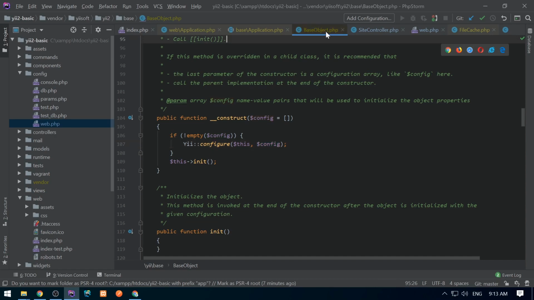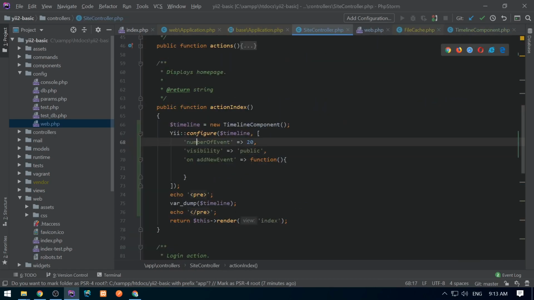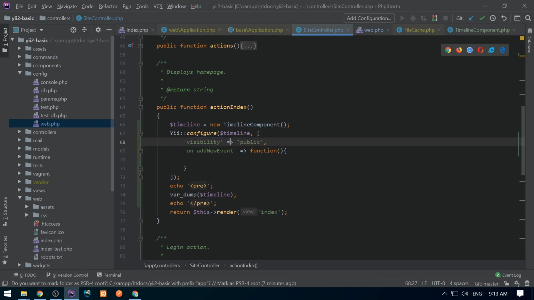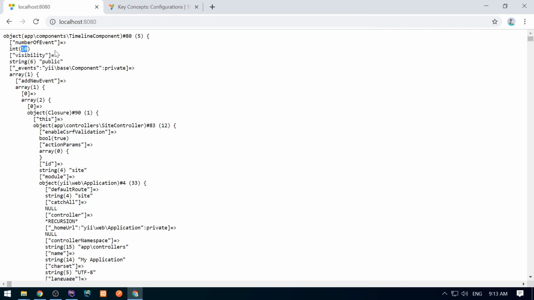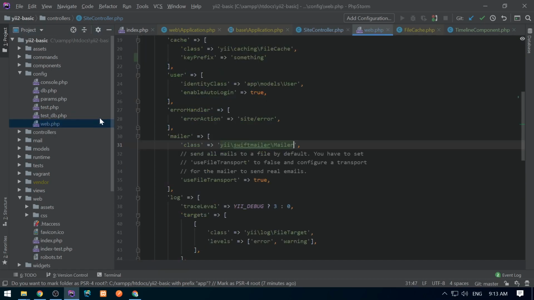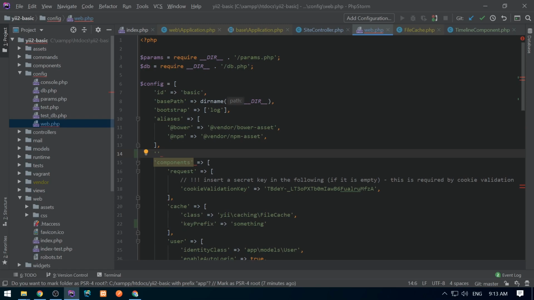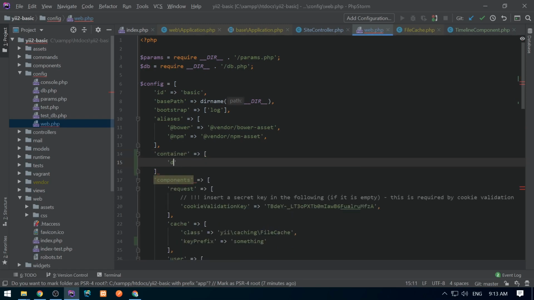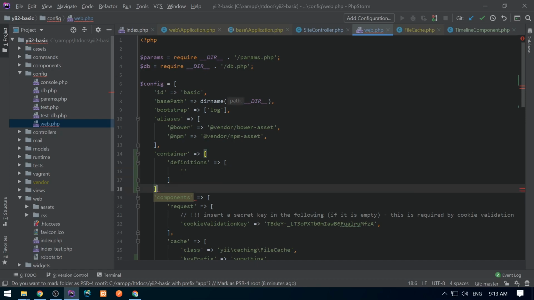So if we get back to the site controller where I created this timeline object, and if I just remove this number of events property from it, it's obviously 10, but let's say that I want to configure the number of events globally, so that whenever an instance of this class is created, it should be 15, for example. This can be done using container default values. So let's go to the config file, and here I'm going to specify container and definitions. The container is basically an associative array, and in definitions I'm going to specify the class name, which in our case is app components